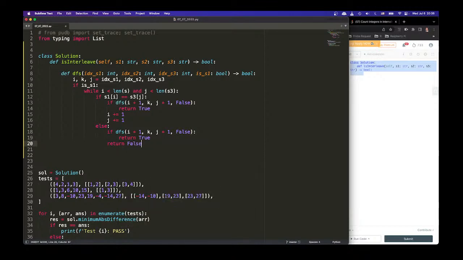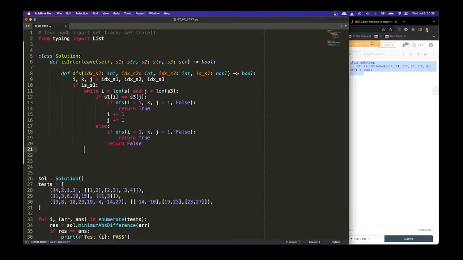which means I have matched everything I can with S1, and then none of them returns a good value, right? So if they do not return a good value, I need to return false, which means this matching is false. And if this comes out, would it come out here? Oh, it might. Just keep going, keep going. Then if it comes out,